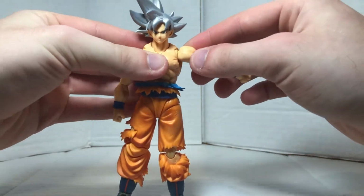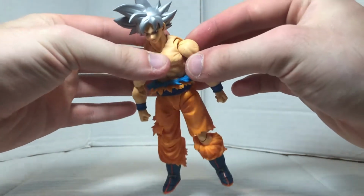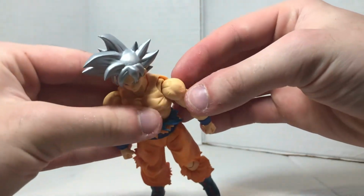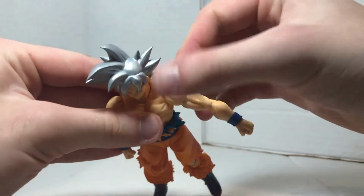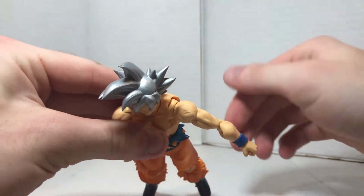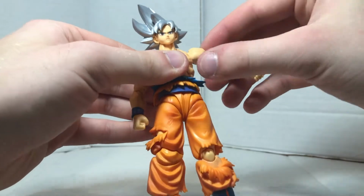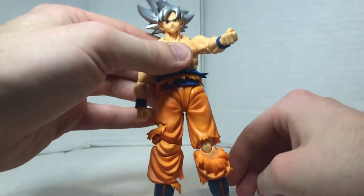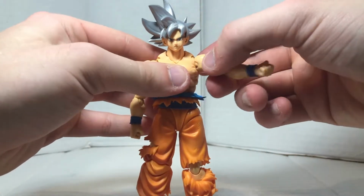Where the issue comes is here in the butterfly joint. So the butterfly joint is so far tucked back in there that you only get like that much out of it. Push it back, pull it forward. That's all you get. So if you pull his arm across his chest normally, that's what you get. And when you use the butterfly joint,